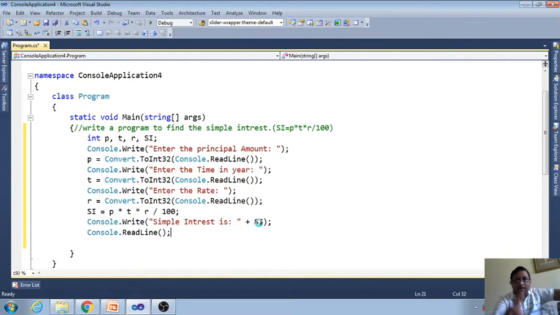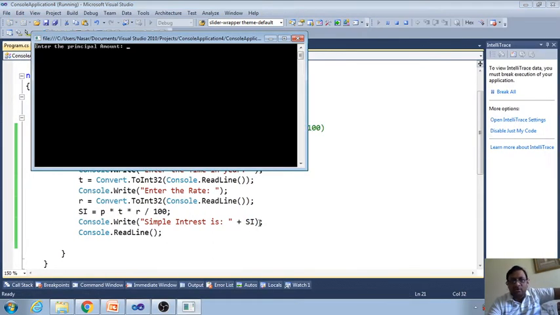So if 100 is coming, the result is correct. If not coming, there is a problem. So you have to calculate the result manually, and compare with your program. If it comes correct, it's okay. If not, mushkil. So we will have 1000, time is 2, and rate is 5.